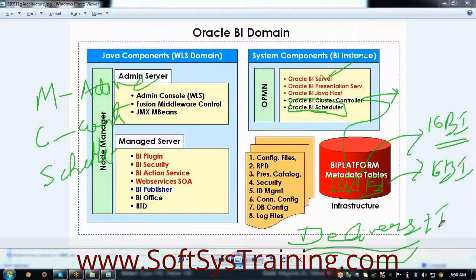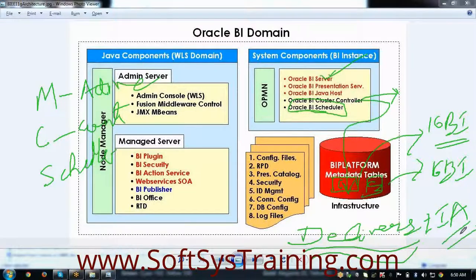We go to this environment called Delivers, in which we will be creating something called an intelligent agent, IA. The same intelligent agent in 10G was called an iBot, Intelligent Bursting Output Tool, which was used to initialize the process of scheduling the reports. It is represented using a robo symbol.